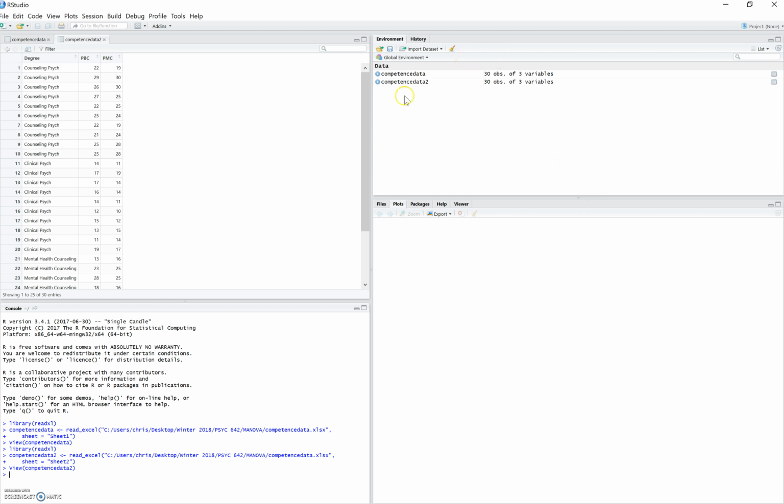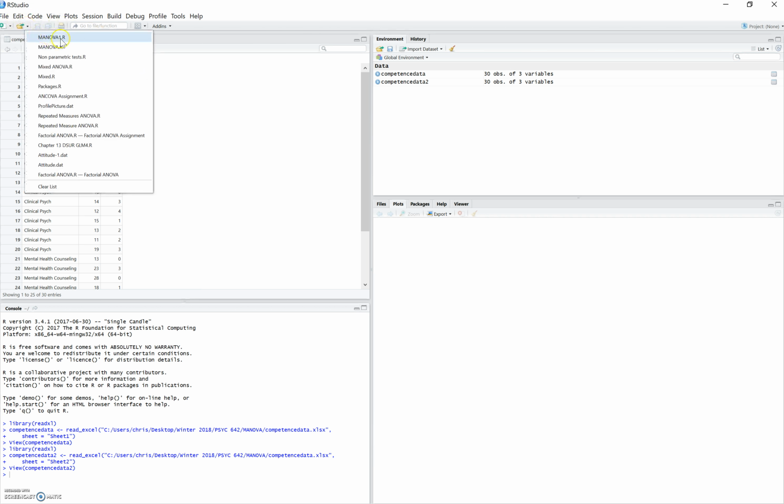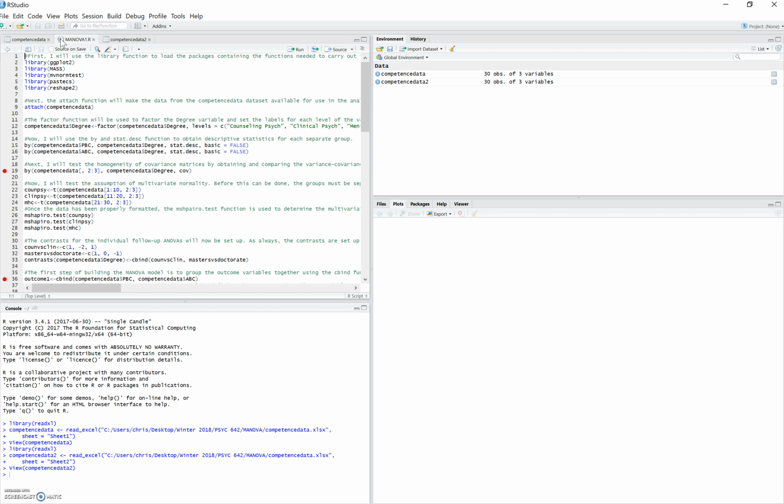Alright, so now we can see here that both of those have been imported, and we can see the data in this window right here. I'm also going to open my script file